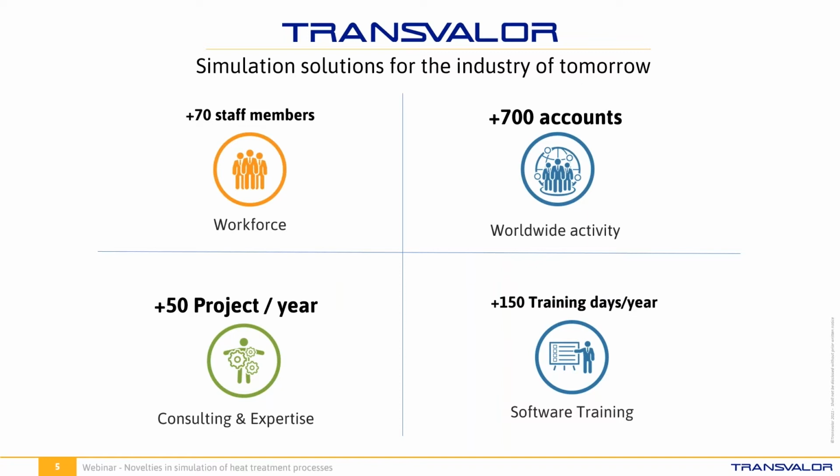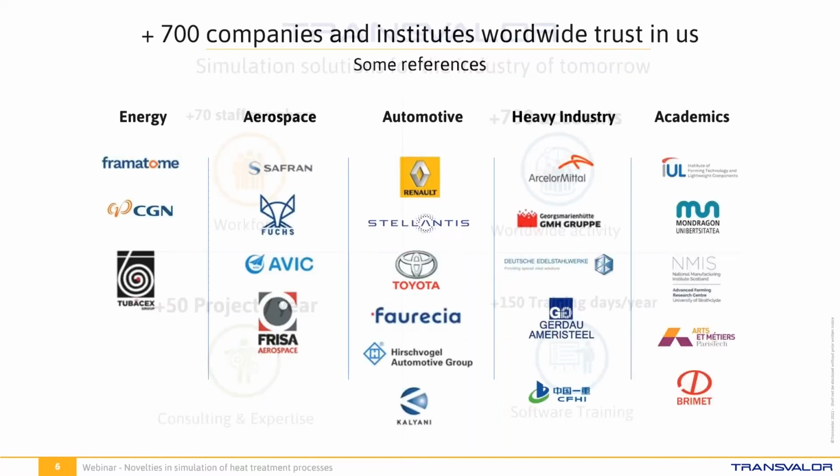We work in very close partnership with the SIMHEAT Paritech Research Laboratory, with more than 120 scientists, allowing research results to be integrated constantly in our products. Our products are used worldwide in different industries, like energy, aerospace, and the automotive industry, of course, and in heavy industry as well as in research institutes. For all our customers, we are committed to providing first-class simulation software and services.